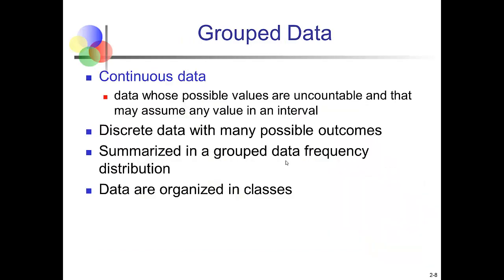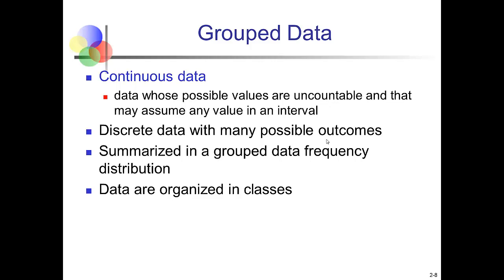We have this method here that we entitled grouped data. We use this method when we have too many values to list out individually. So certainly this applies to continuous data. Remember, continuous data is data where there are so many values that are possible that we can't count them all. Discrete data can also have many possible outcomes. When we're looking at continuous or discrete data and using grouped data here, we're going to be talking about things like weight, income, age, just to give you a few examples of things that we might create frequency distributions with where we would use